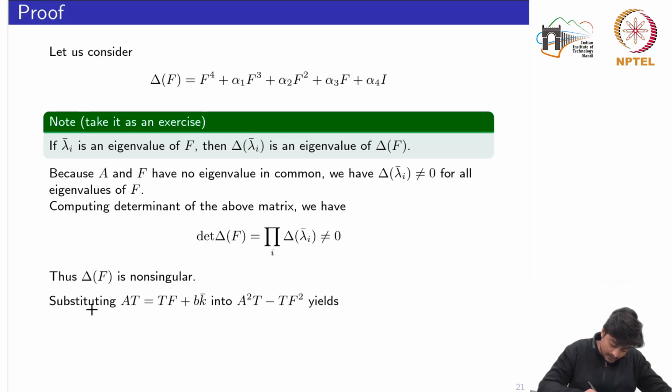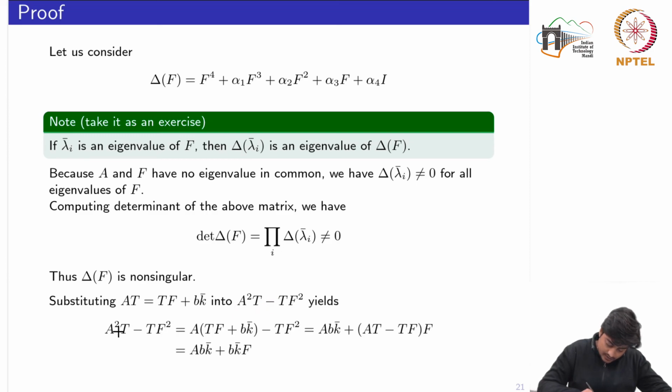Let's go further. Then we substitute, taking from the Lyapunov equation, AT equal to TF plus BK bar, into another matrix which we are defining as A squared T minus T F squared. So this matrix we are defining, and we want to substitute the Lyapunov equation into this equation, which yields that A squared T minus T F squared is equal to,